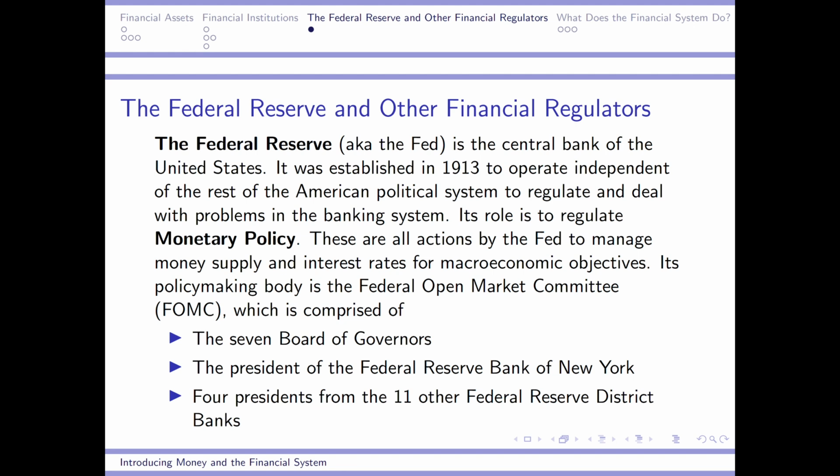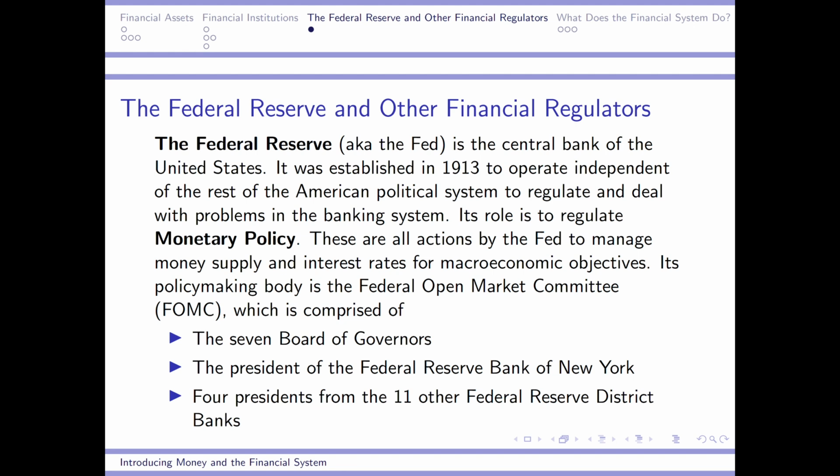Its job is only to regulate and deal with any problems in the banking system through what we call monetary policy. We're going to get more in depth on the tools that they have available in monetary policy later on. But broadly speaking, their ultimate objective is to control the money supply and interest rates for various macroeconomic objectives like controlling for inflation. And the policymaking body of the Fed is the Federal Open Market Committee, and it is